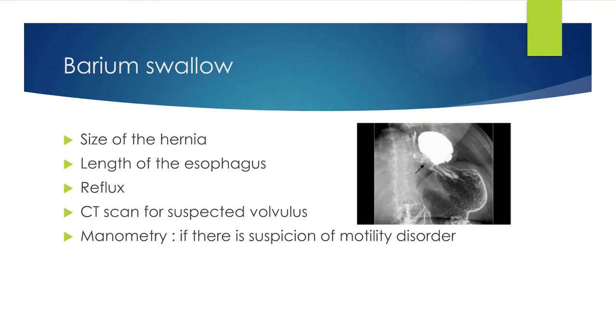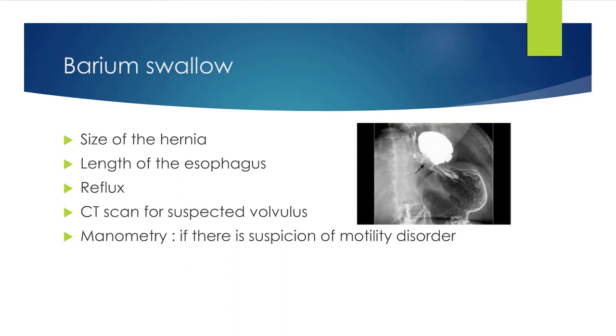Barium will give us also a bit of an idea about the motility of the esophagus, and if the esophagus is dilated with ineffective motility problem, then in that situation we will need to get a manometric study to address the issue, because that could have significant impact on the decision that we will